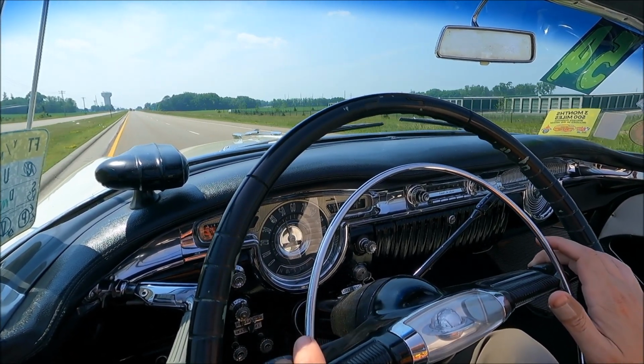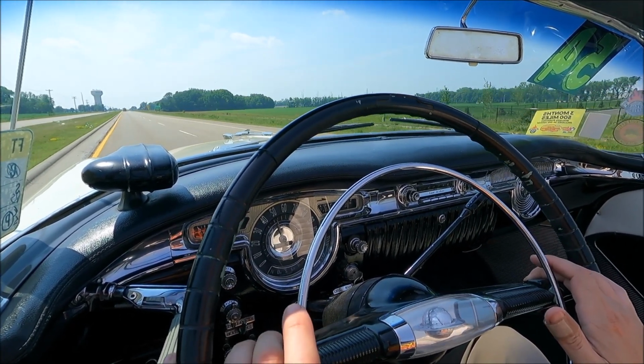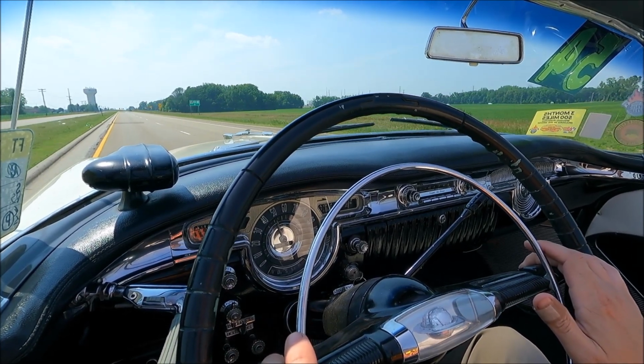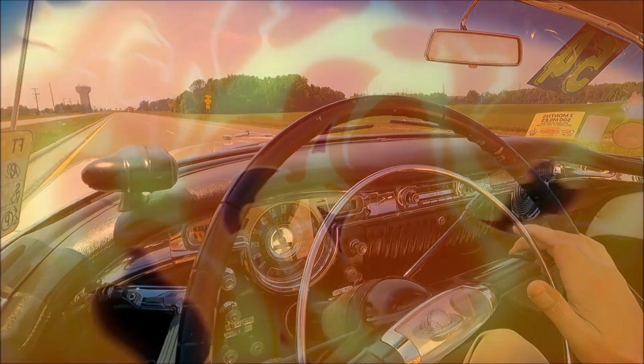Factory looking bench seats. You don't see very many Oldsmobiles in this year. It's a very nice example. Take a look at all the pictures that you